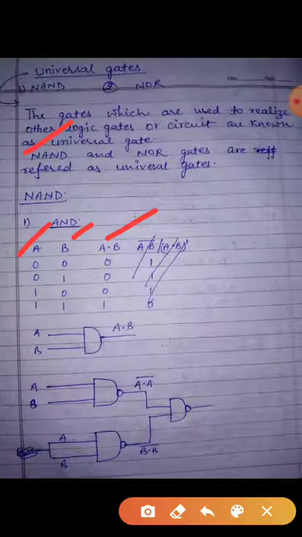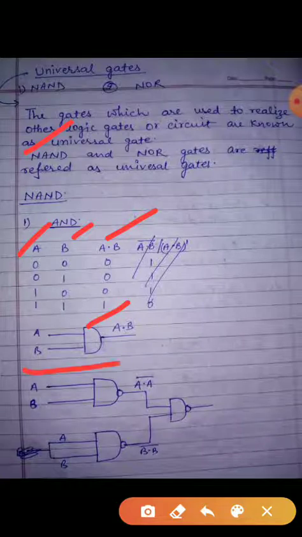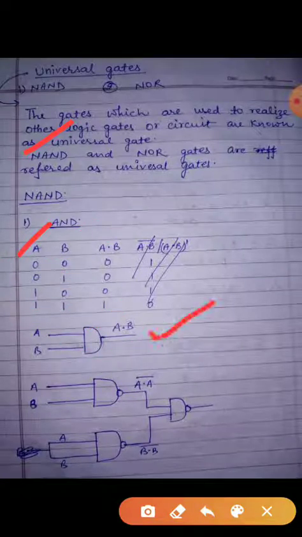This is the logic diagram of the AND gate. When you pass A and B, it will return A dot B. When you pass 0 0 it will return 0. When you pass 1 0 it will return 0. When you pass 1 1 it will return 1. Now I will show how you can get the same output with the help of NAND gates. For that you will draw 3 NAND gates. In the first two NAND gates you pass A and B, and these outputs will go into the third one.